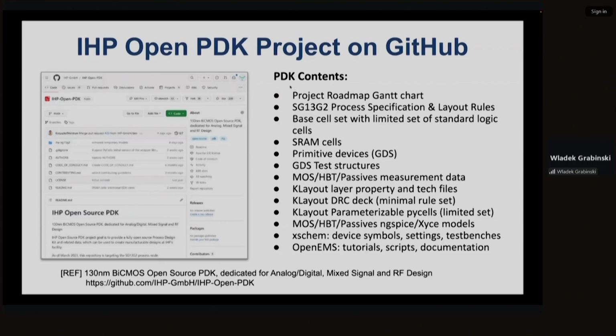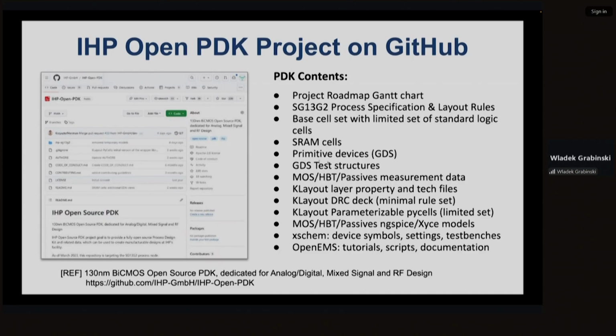This is the summary of the PDK content. As a designer, you have access to a complete database to start analog, RF, or digital design. We are providing a base cell set for all designs, including memory generators.